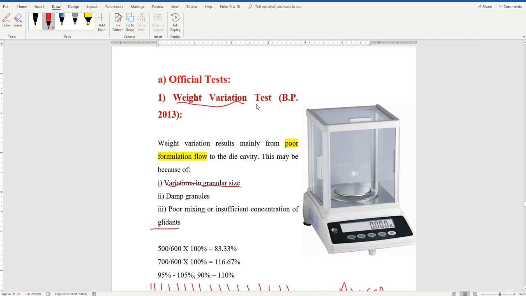Okay. Remember the uniformity of content test. You analyze individual tablets for the drug content. And you only apply that test in which condition? When the drug content is very low in the tablet or the dose is very low. For example, if you have a drug like digoxin, maybe less than 1 milligram in each tablet, then you need to do that. In case you did the uniformity of content test